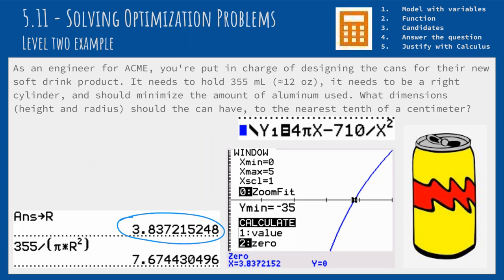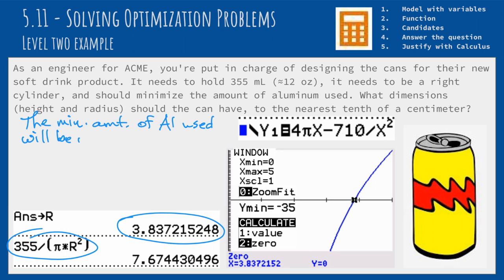So I stored the 3.837 number in for r. You could store it for any variable. I chose r since that's a radius. And then I plugged that into the expression to figure out what h is. So the minimum amount of aluminum used will be when, let's say, r equals 3.837 centimeters and h equals 7.674